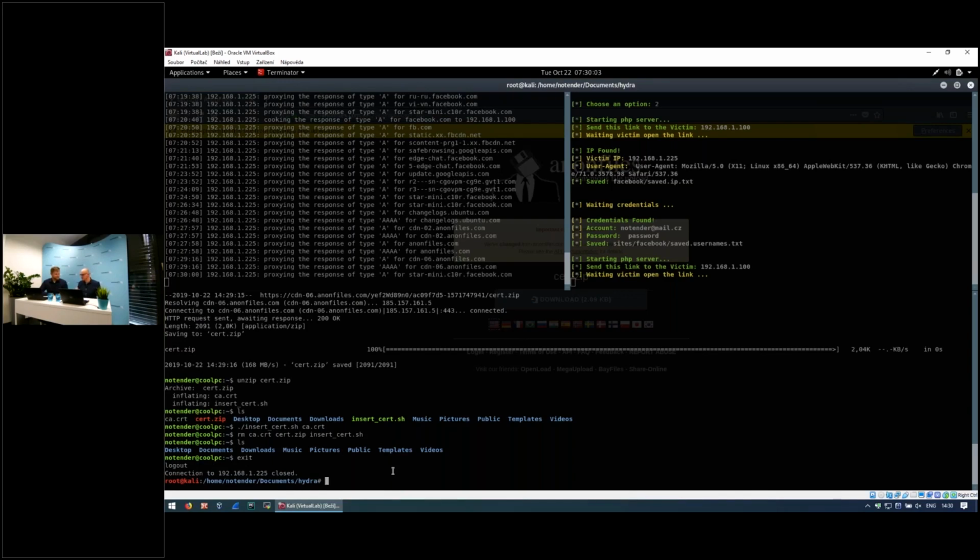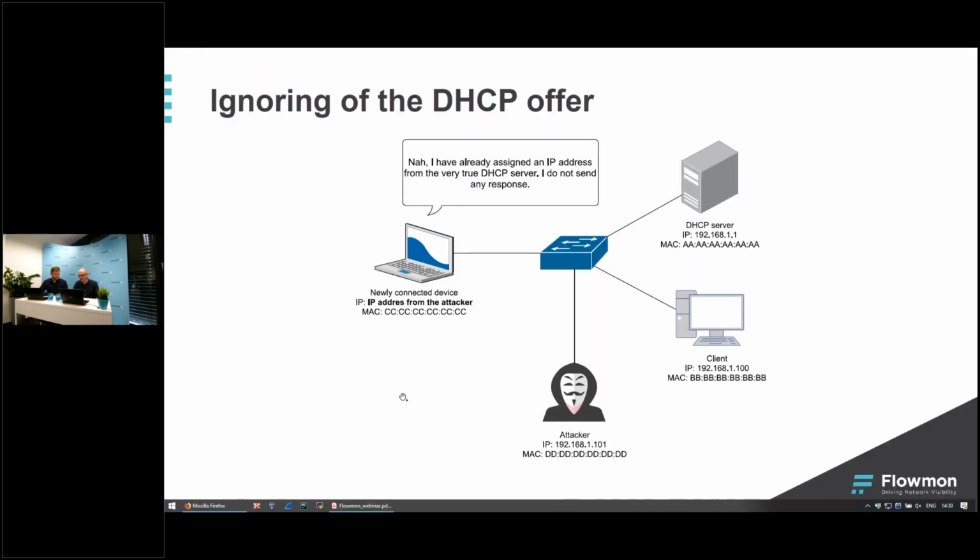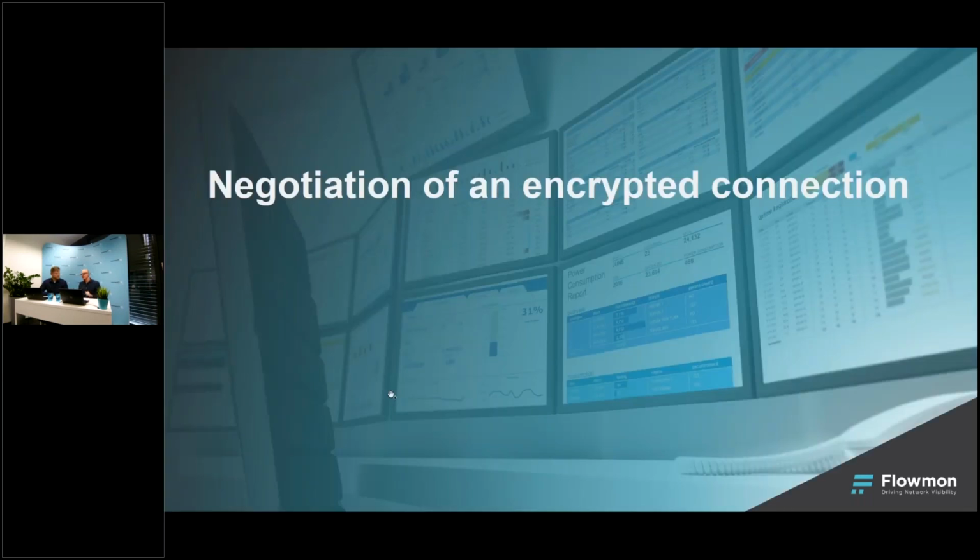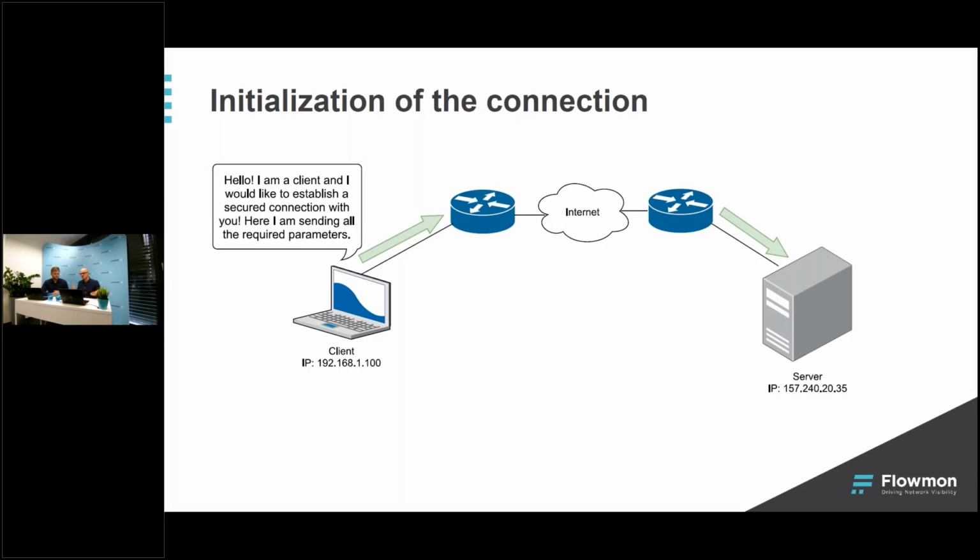But to understand how SSL split works, I'm going to switch back to my presentation and let's take a look at how the negotiation of an encrypted session usually works. The connection is usually initiated by the client, and the client sends some kind of packet to the server that says something like, "Hello, I need to